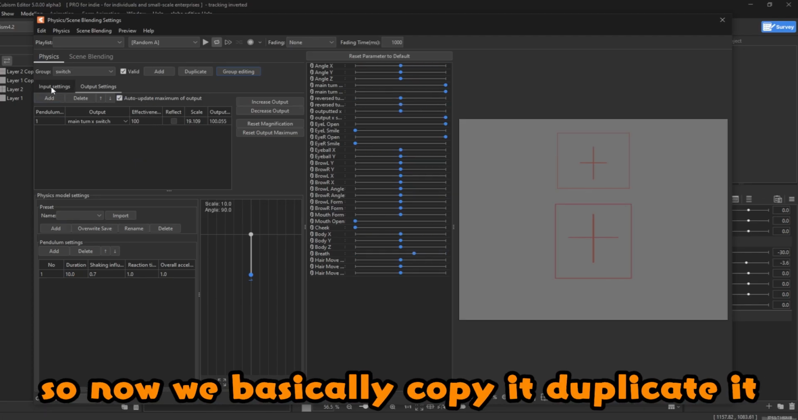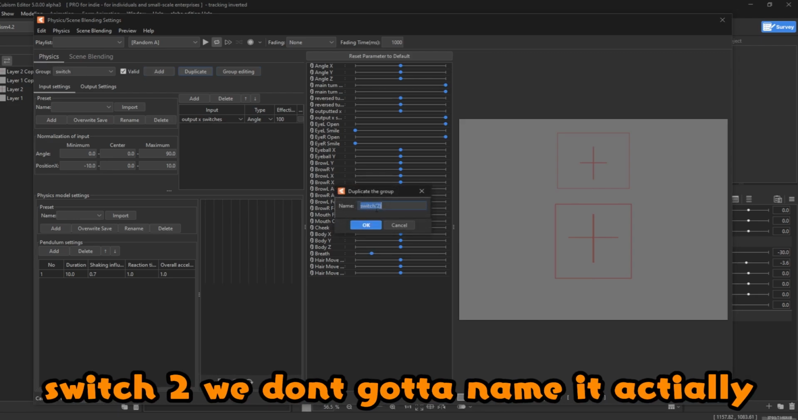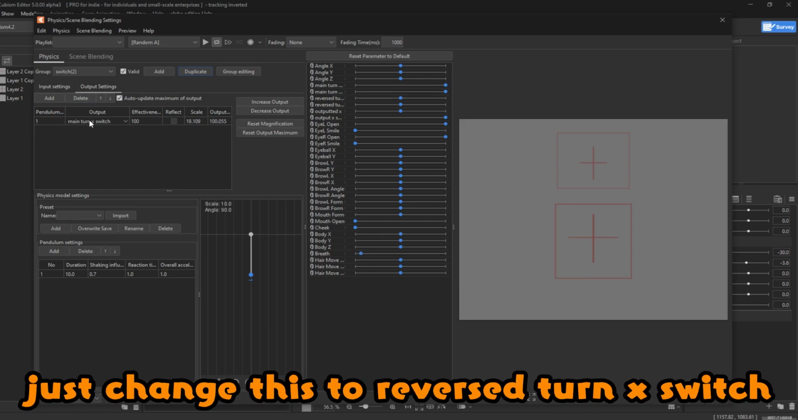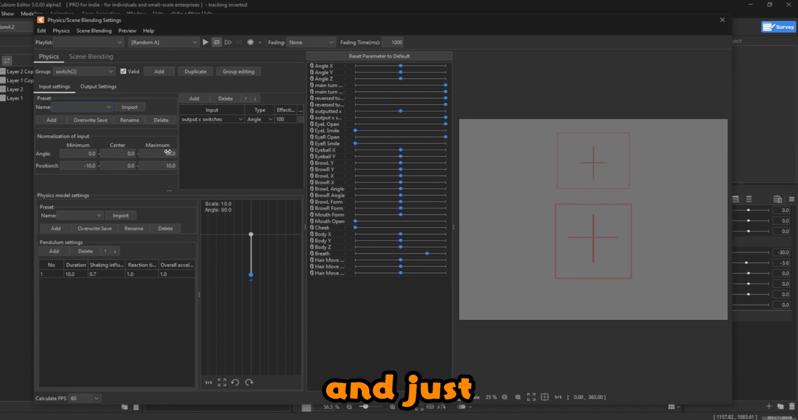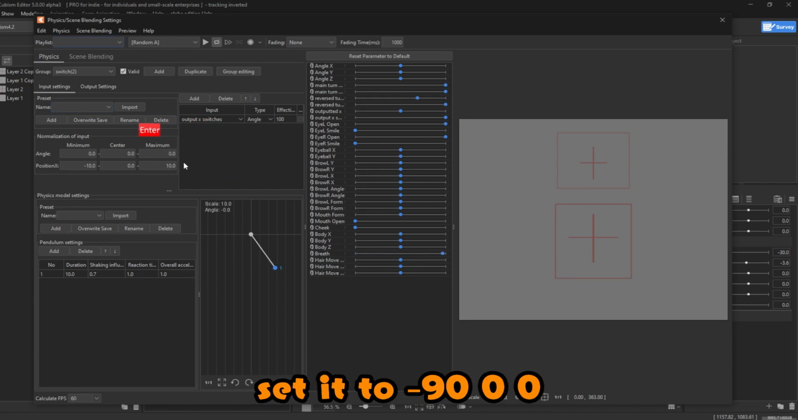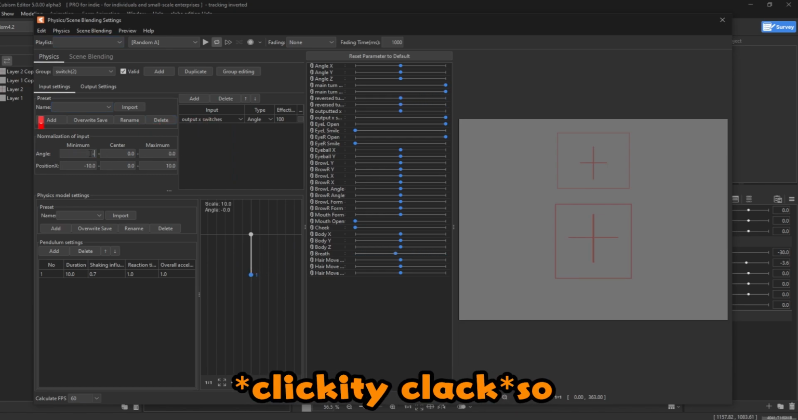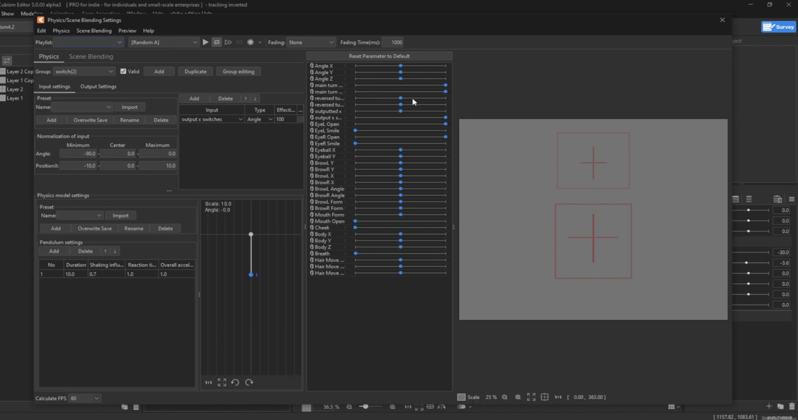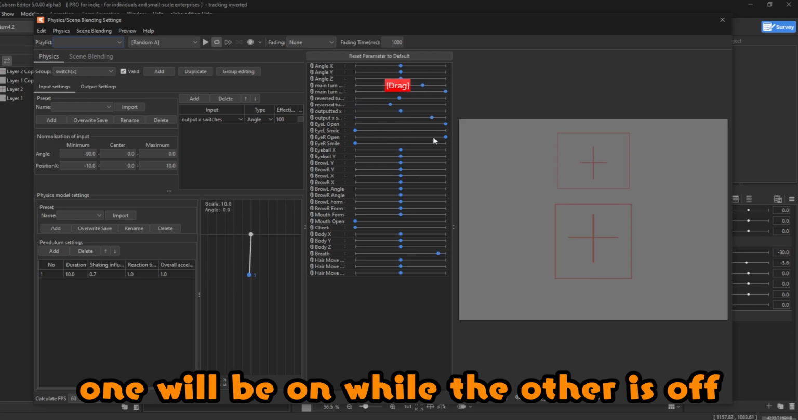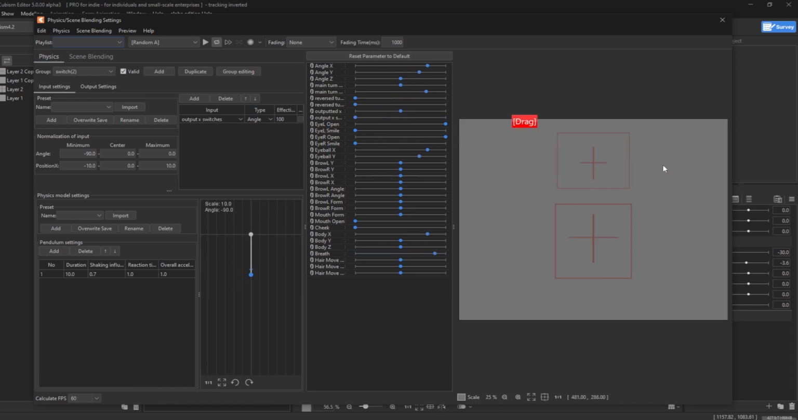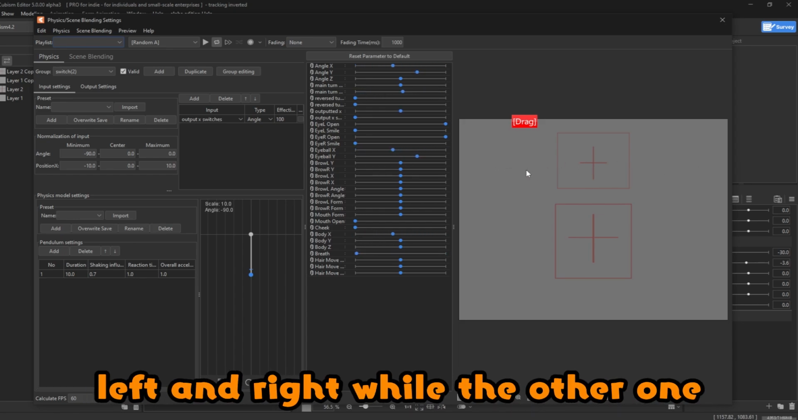So now we just basically copy it, duplicate it, switch to, don't have to name it actually. So just change this to reverse turn X switch, and just see from 90 here, make it to 0, and this one to negative 90. Negative 90. So one will be on while the other is off. So right now it's doing the left and right, while the other one, look,